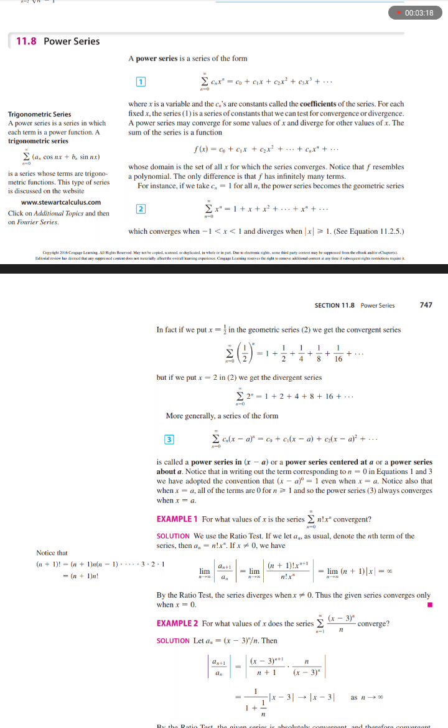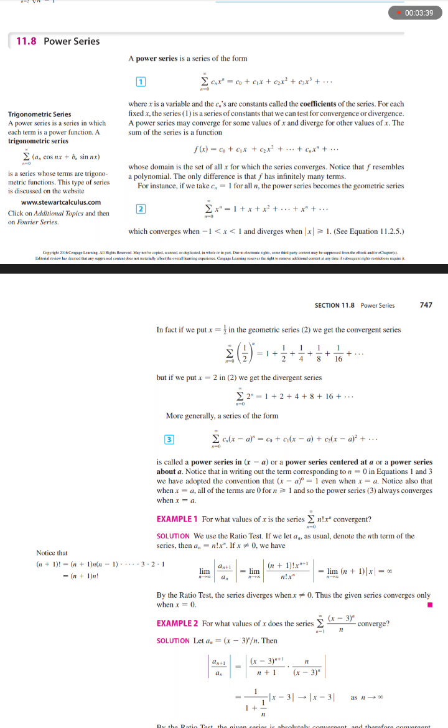But if we put x equals 2 in equation 2, we get the divergent series, the sum from n equals 0 to infinity of 2 to the power n equals 1 plus 2 plus 4 plus 8 plus 16 plus ellipsis. More generally, a series of the form,